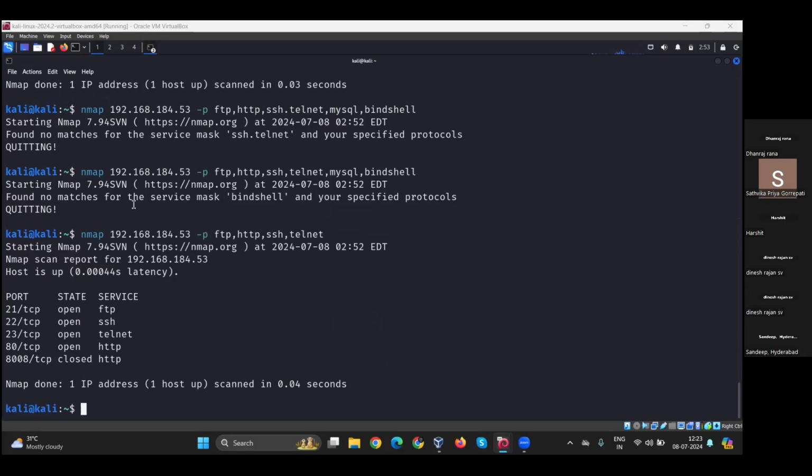Okay. So finding the service version of every port. See, we don't know which vulnerability is in a target system. Sometimes the vulnerability will occur in a port, sometimes the vulnerability will occur in the port version. Suppose they are using a vulnerable version of the port, so we can easily exploit the port using that vulnerable version. Okay, so being a penetration tester, you should first find what is the service version of each